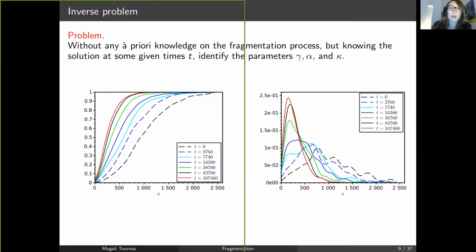Okay, so now what is the inverse problem? Wei-Feng provided us some data, and the data looks like the picture on the right. So we have, for some time, the size distribution profile of one given particle. And the